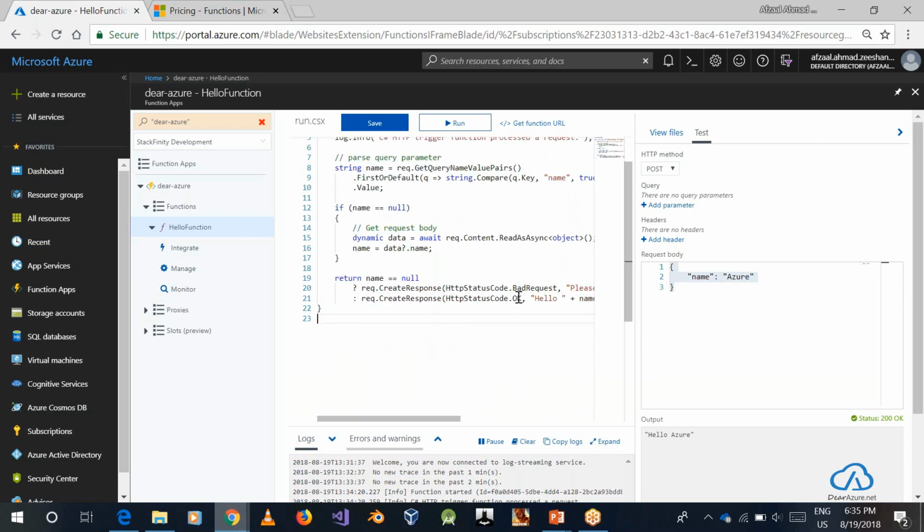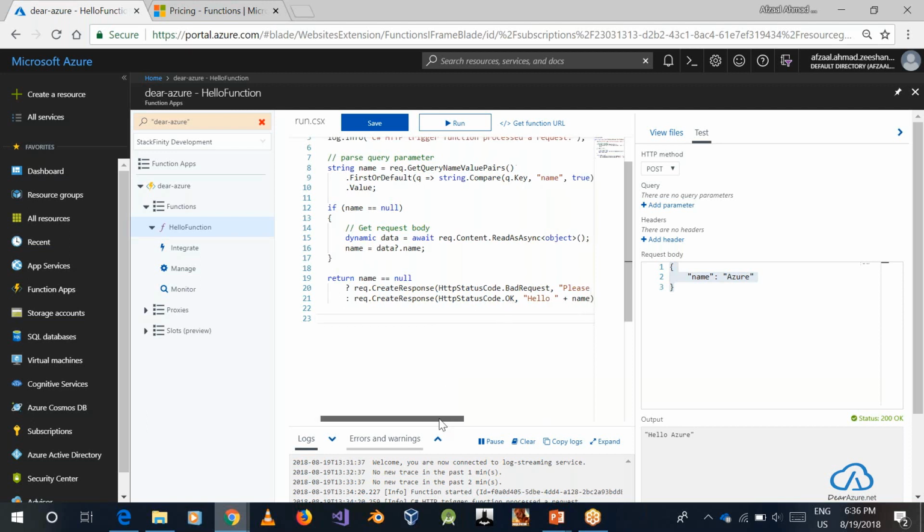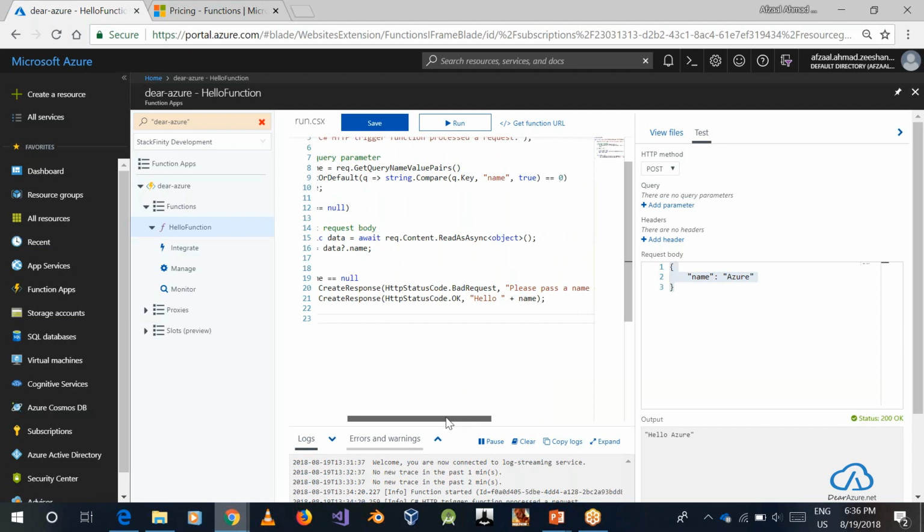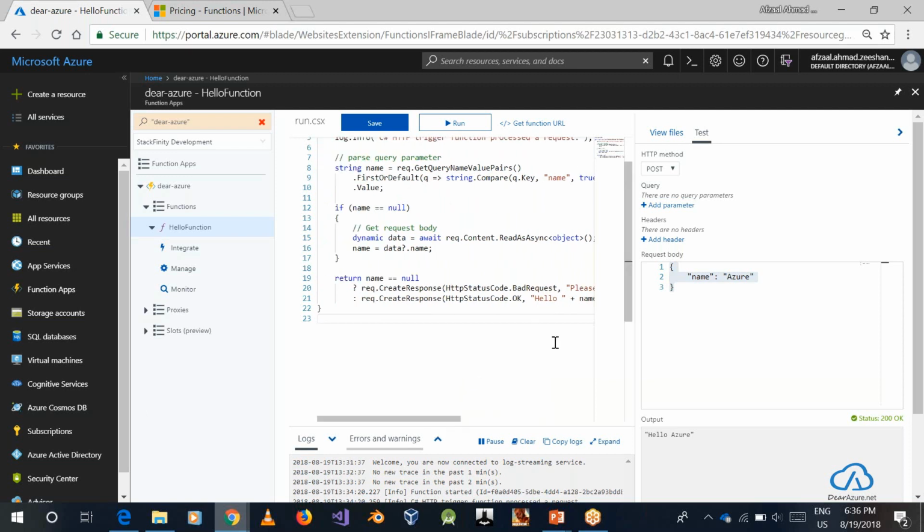Otherwise, it's just going to return an OK, which will be 200 status for the request, and then a message, hello and the name. So if we just see over here, we passed hello, name was Azure, which was the default. Let's change it to Dear Azure and see how it functions. Let's run it,